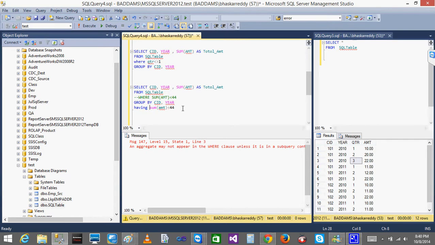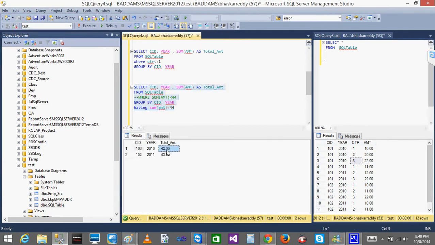Okay. So, now if I execute this, what happens? I will be getting the amount which is less than 44. Okay, this is the order by condition. Are you able to get this one? Okay, we got it. So, we have seen table, first step, where condition we have seen, grouping we have seen, having we have seen,